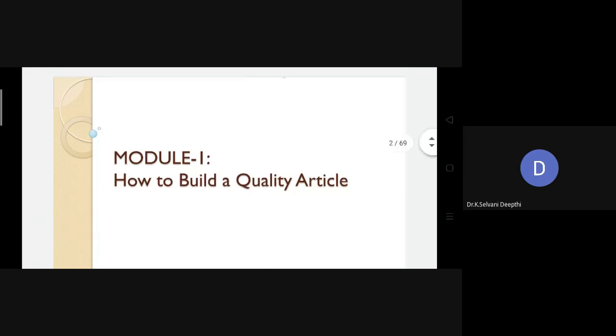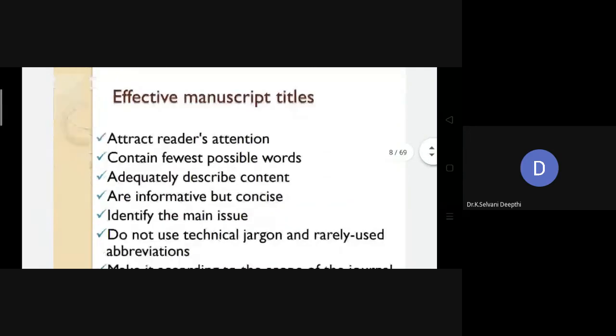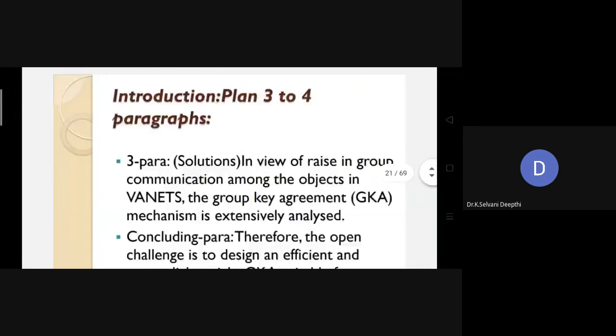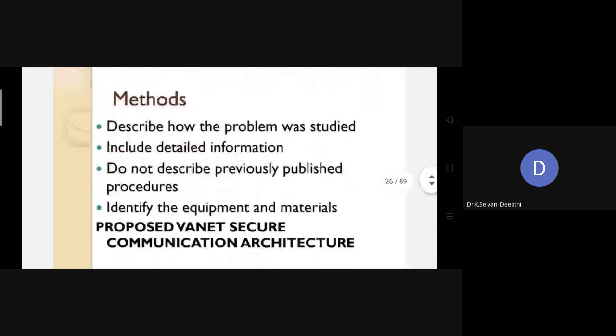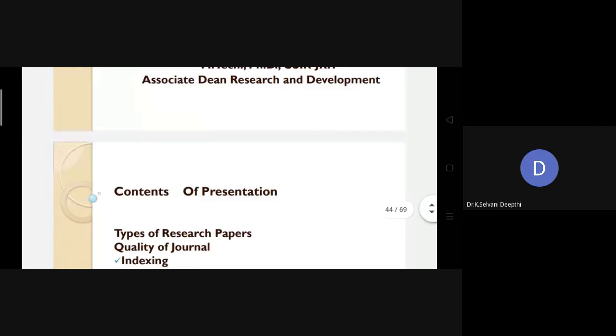So in that, first you have to know what are the types of papers. I have to go to slide 47. There we have types of papers. First, I have to explain about types of papers. So actually, mainly you are having two types of papers. One is